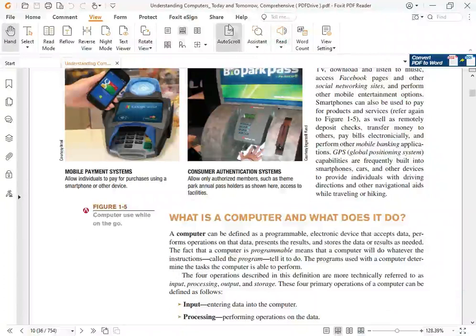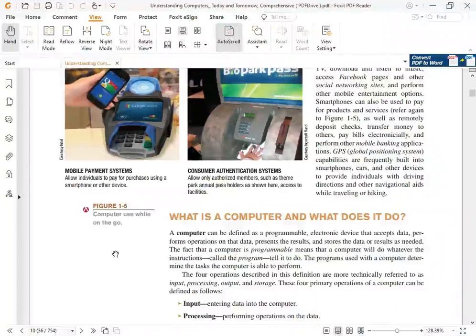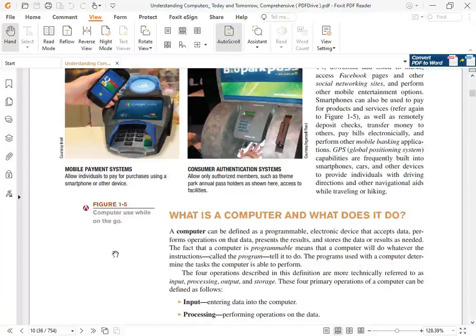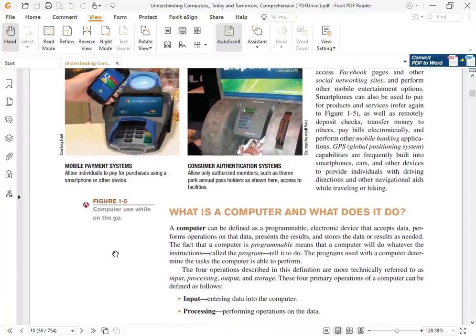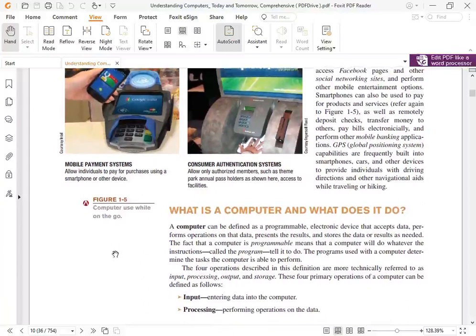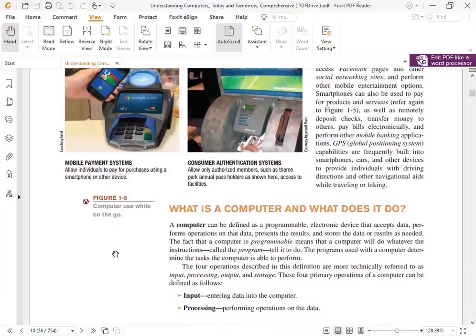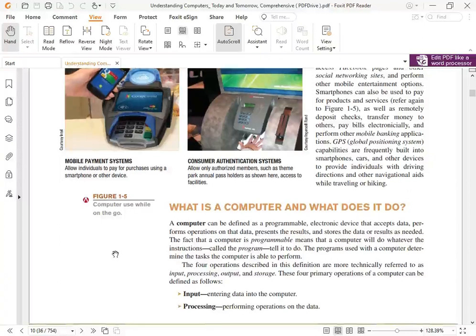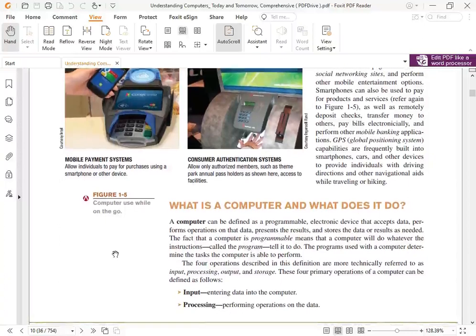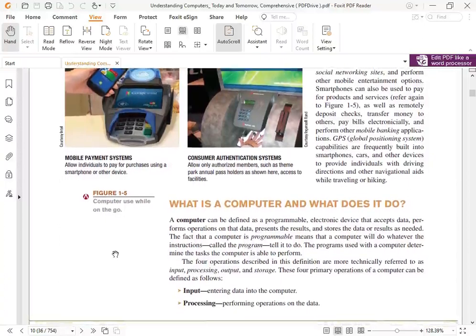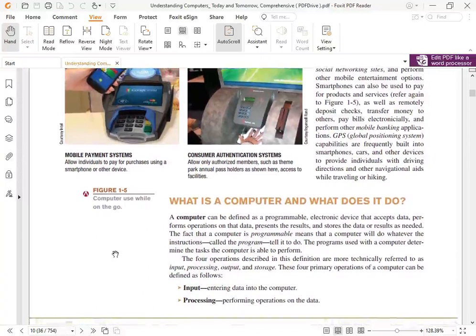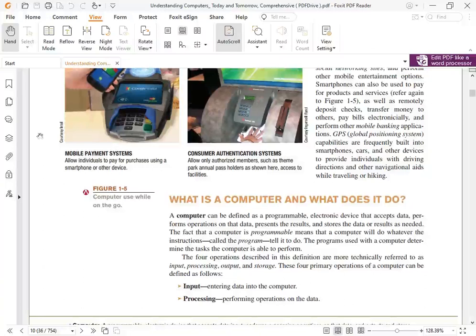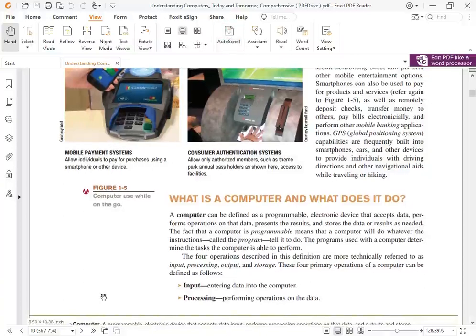A computer is programmable means that a computer will do whatever the instructions, called the program, tell it to do. The programs used with the computer determine the tasks the computer is able to perform. The four operations described in this definition are more technically referred to as input, processing, output, and storage. These four primary operations of a computer can be defined as follows: input, entering data into the computer; processing, performing